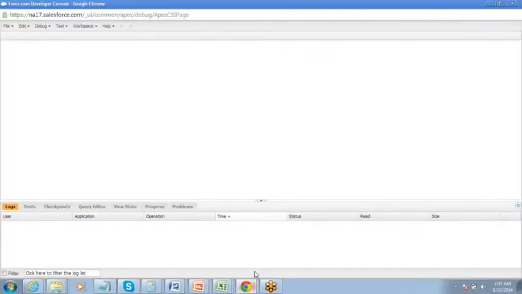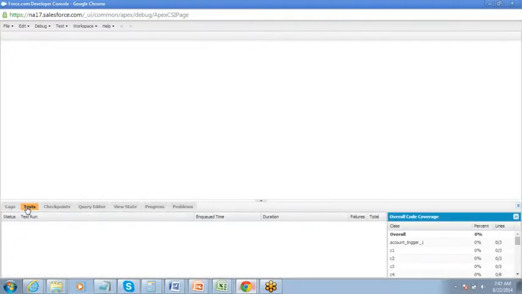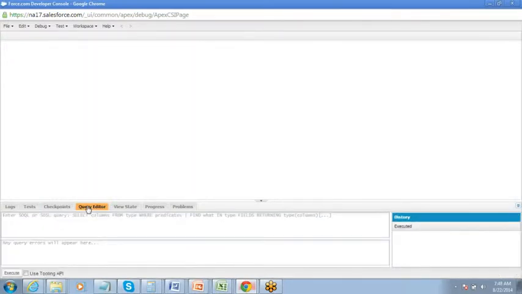Fine. So here you have a few options. You can go and check the logs, debug logs and all. You can do the test. Fine. You have a query editor here. You don't actually need to get into too many things here, but the important things that we need to understand is